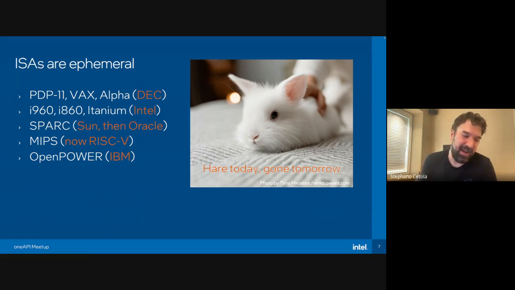The one that I'll highlight is Alpha. Alpha was a great ISA, and the reason why we don't all program in Alpha, or the reason why many folks had to move their programs off of Alpha, was because the company itself, DEC, went away, and there was no one left to support Alpha. I think it got handed off to Compaq, and eventually was shuttered because of Itanium hopefully taking over for it,